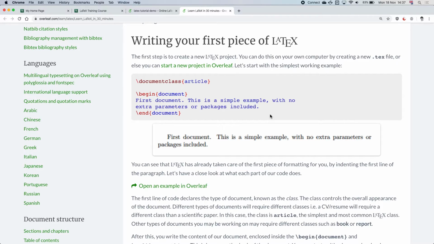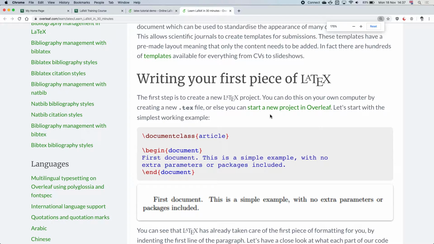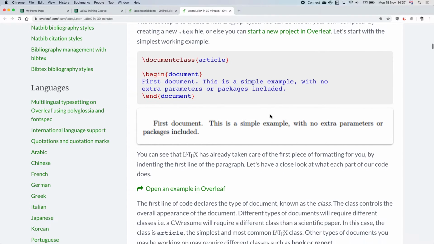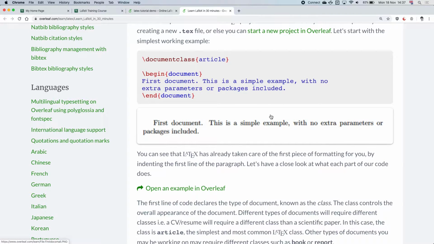Can you read the text there? Is that big enough? You can see, okay, slightly bigger even. I'm getting old, so I need a bit. Okay, so